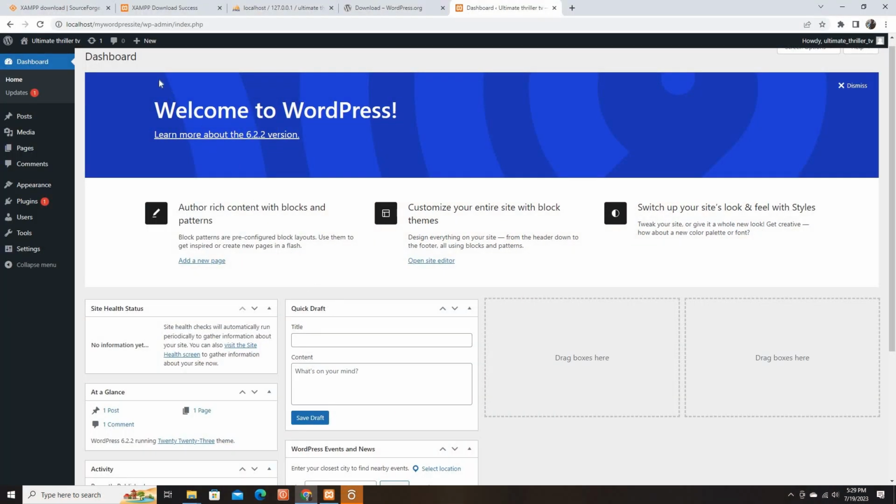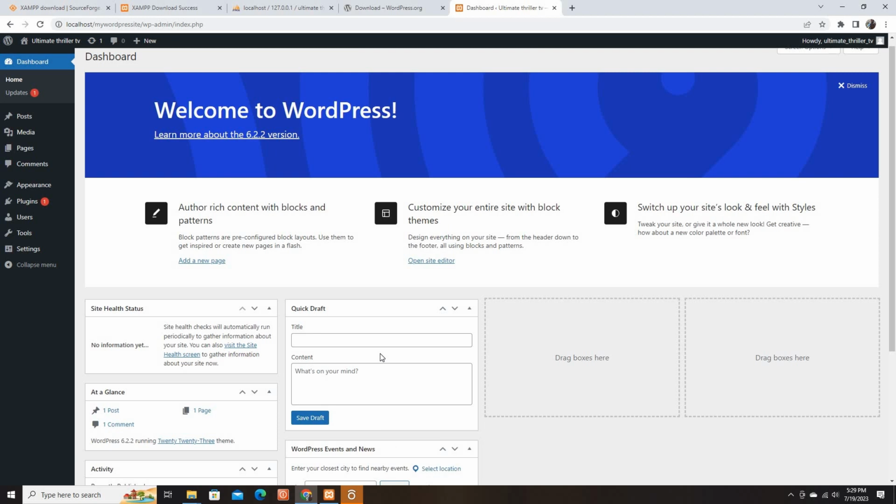You can now access your local WordPress site by going to localhost/your project name. Log in with the username and password you created during the installation, and you can start customizing and building your